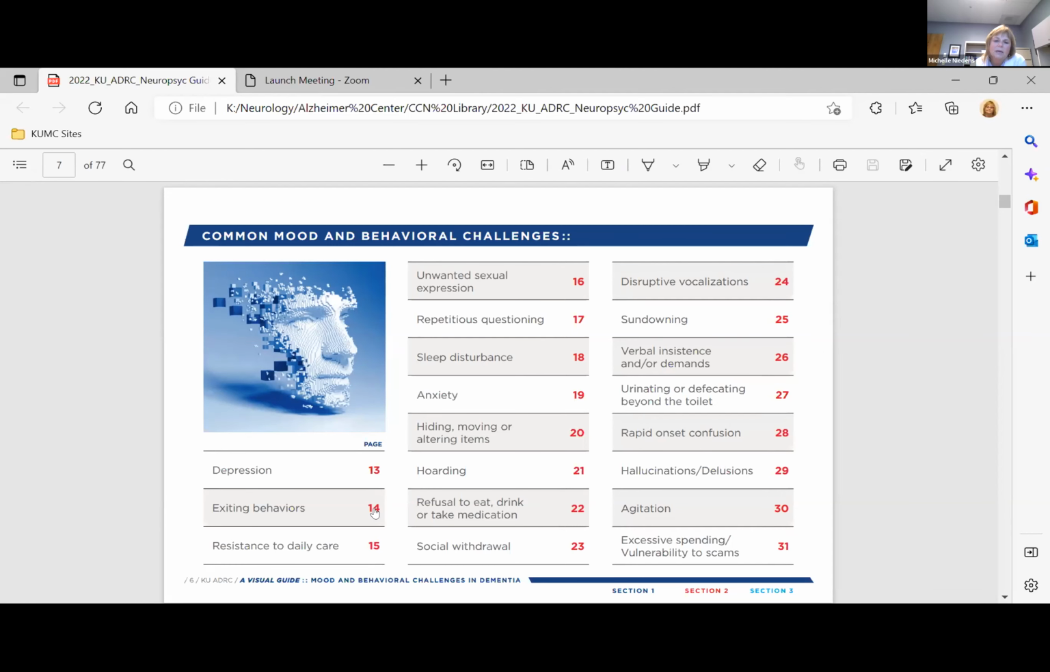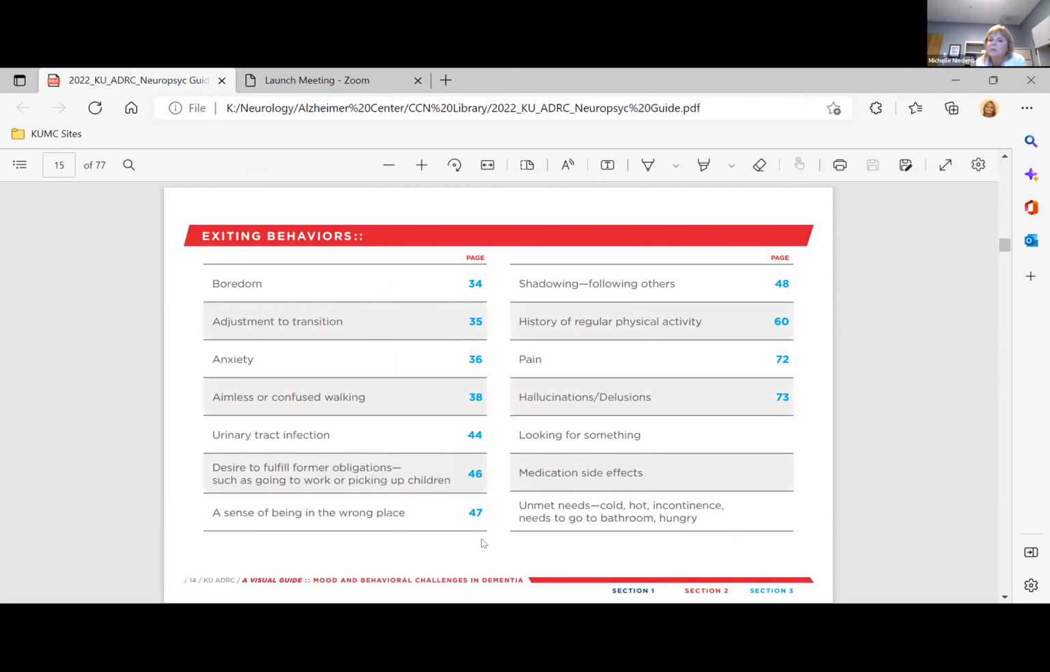So exiting behavior, we can click on 14, and it talks about all the reasons why. So section 2 are the whys. We want to consider the whys. And that may lead us into paying more attention. It may lead us into understanding that there might be trends associated, and really thinking about the construction of days. So for example,